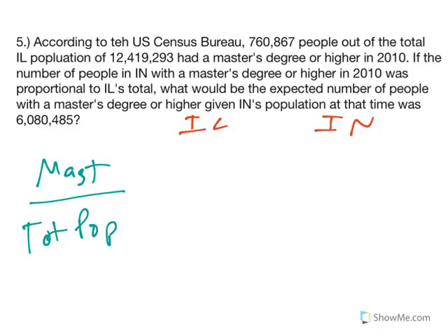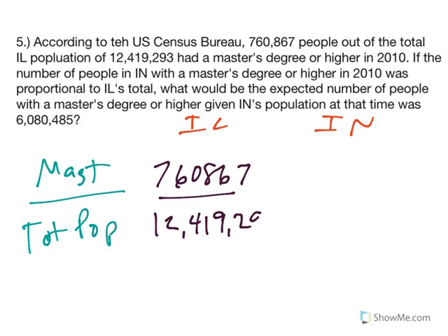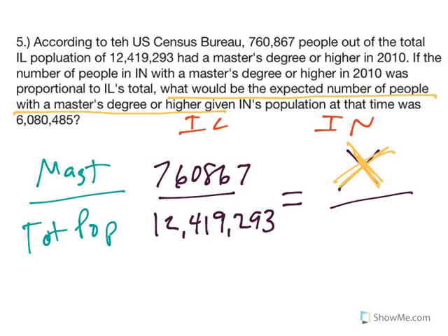So now I kind of got to fill in the blanks, right? So for Illinois, I've got 760,867 over 12,419,293 equals, I don't know how many people there would be in Indiana because that's the question. What would be the expected number of people with a master's degree or higher? So that's where the x goes because that's what we don't know, right? So that's our unknown x. And then the population is